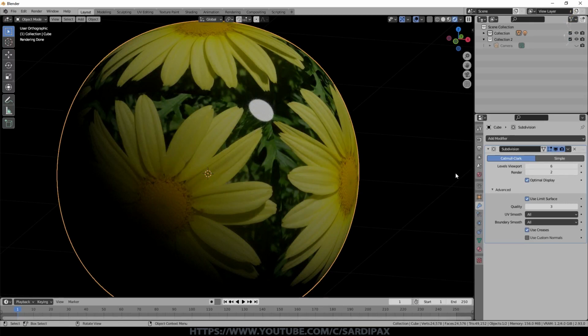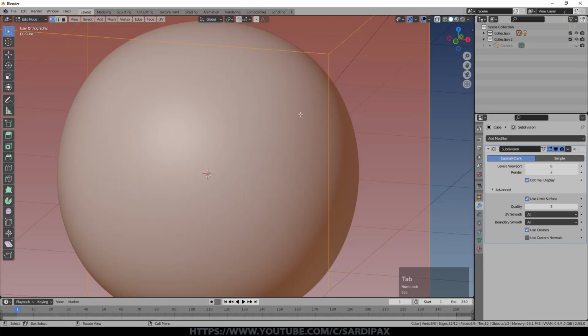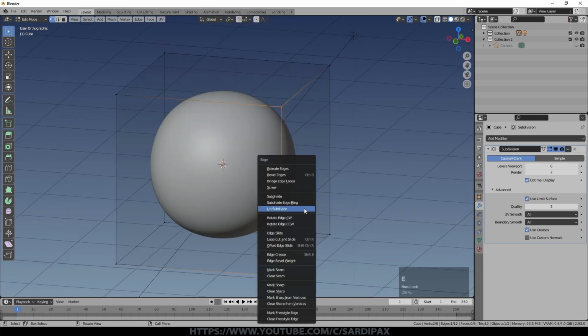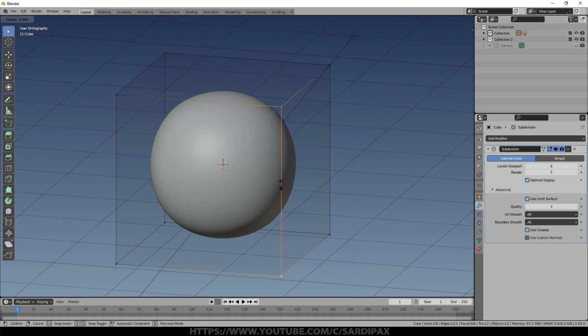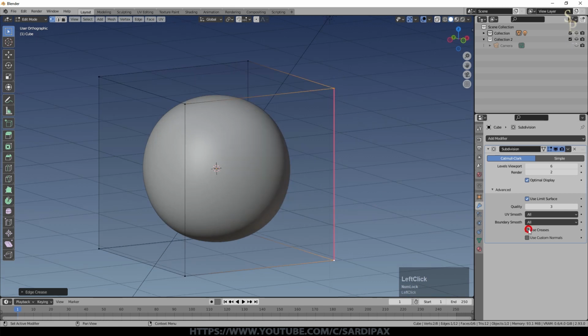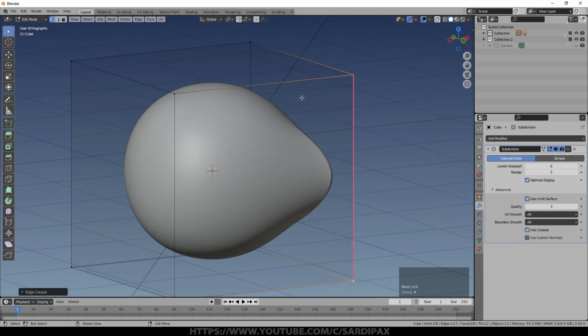Creases are to do with how the shape looks. So if I go to my cube and I select these two vertices, Control E, and we'll just say edge crease. You can see there's a shortcut to it, which is Shift E. And you can see the colors changing, but also you can see there's an effect on our shapes. So I'll leave it up at maximum. So you can see there is an effect from that crease, which is now a pinkish purple line. And essentially it's making the subdivision surface modifier respect the fact that this should be a creased or sharp edge.